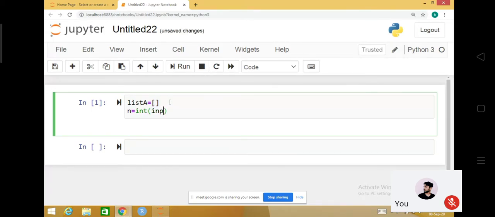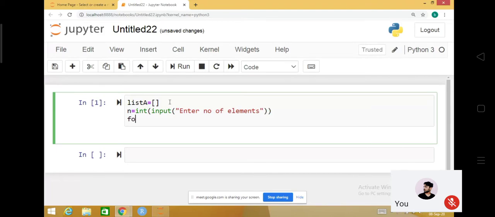So then I'm taking just the number of elements. Then I need to take the element, for I in.